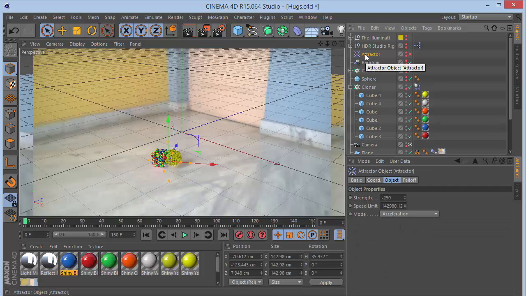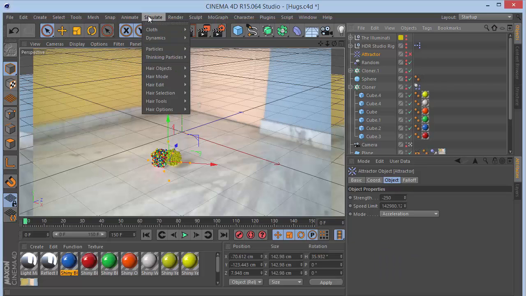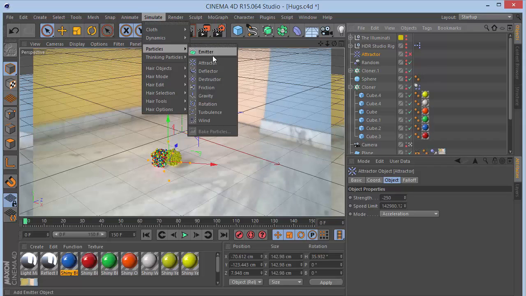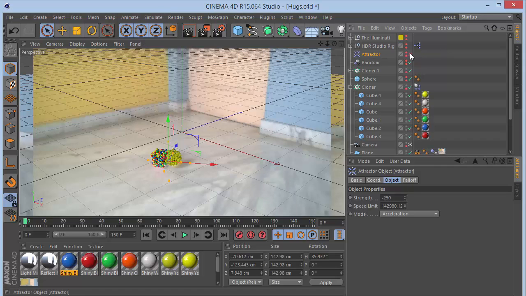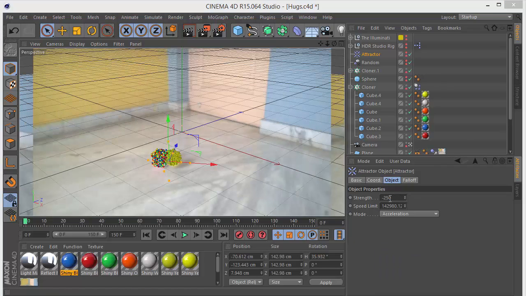You're probably thinking, dude, we want to explode it, but you're saying attractor, what the hell is going on? Let me just explain. To get the attractor, first we want to go into simulate and particles, and choose an attractor. Once we have an attractor, the strength is usually set to +10. But since we want to explode, we want to give it a negative value. So I set the strength to -250, and you have to experiment based on what power your objects want to explode with. Let me just click play,